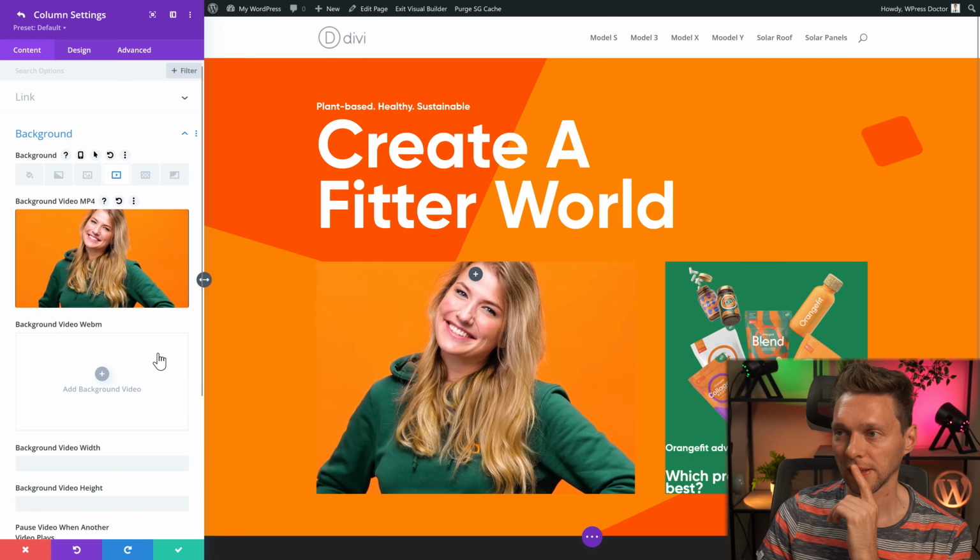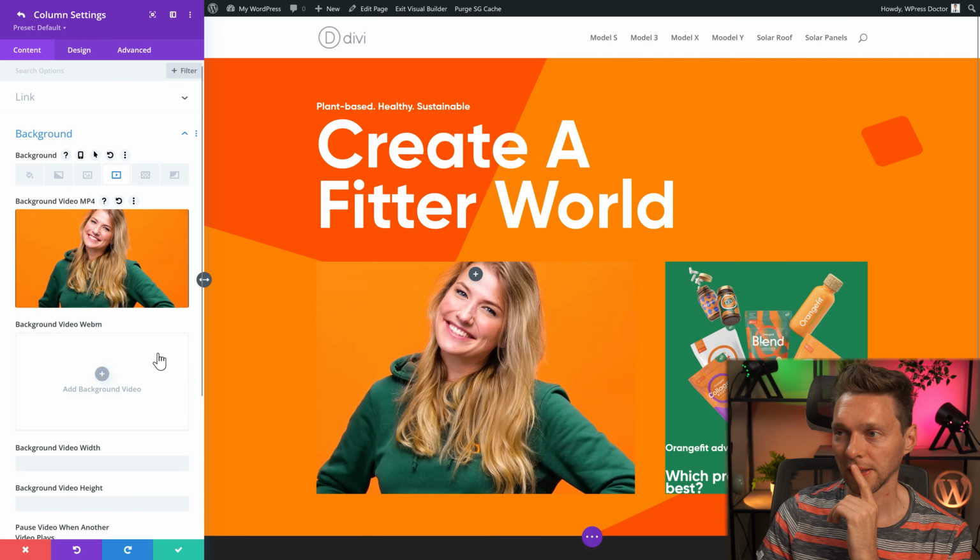And that's important so that it will stay the right size. Then we go back to design. We go to sizing, and we're going to use a gutter width of 0 because I want them to be close to each other. The next thing we see is that they also have a button over here. So let's create a button.